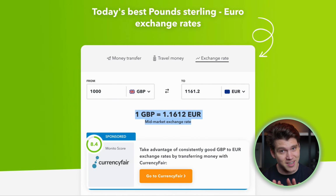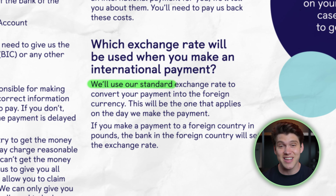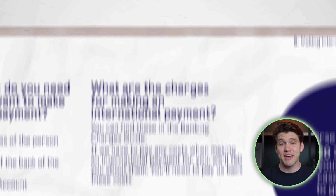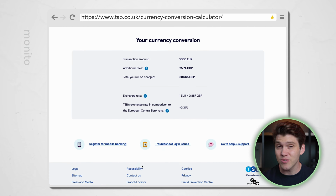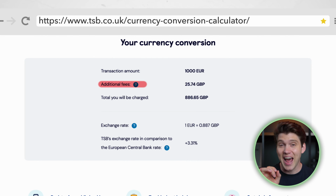But some banks are sneaky and use their own exchange rates so they can profit from your transactions. Fortunately, these days they have to disclose this, so if you want to get into the weeds, you can just check the terms and conditions of an account or card. For example, this is TSB, who say they use their own standard exchange rate. That exchange rate, along with their fixed fees, will mean if you spent €1,000 on holiday, you would incur fees of over 25 quid, and it would cost you